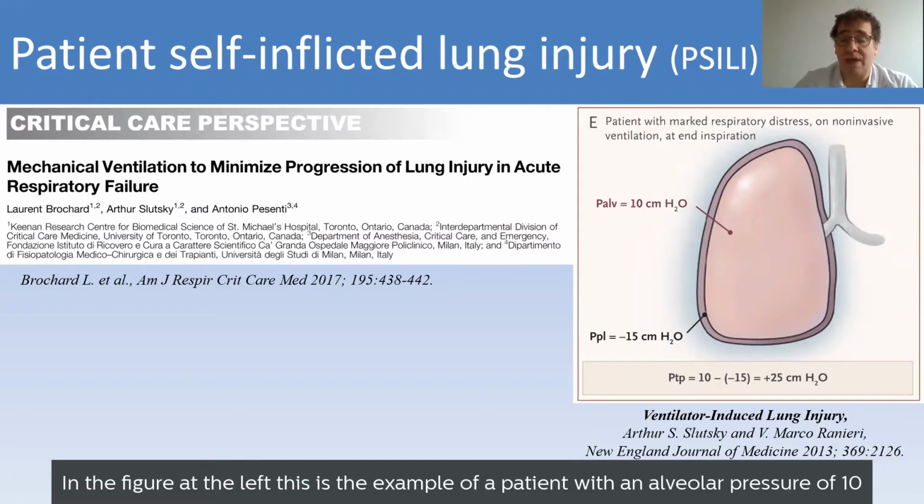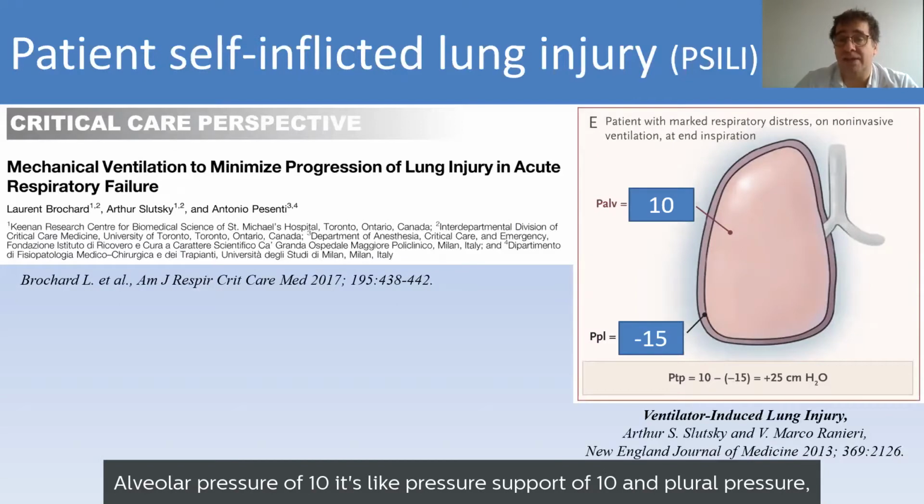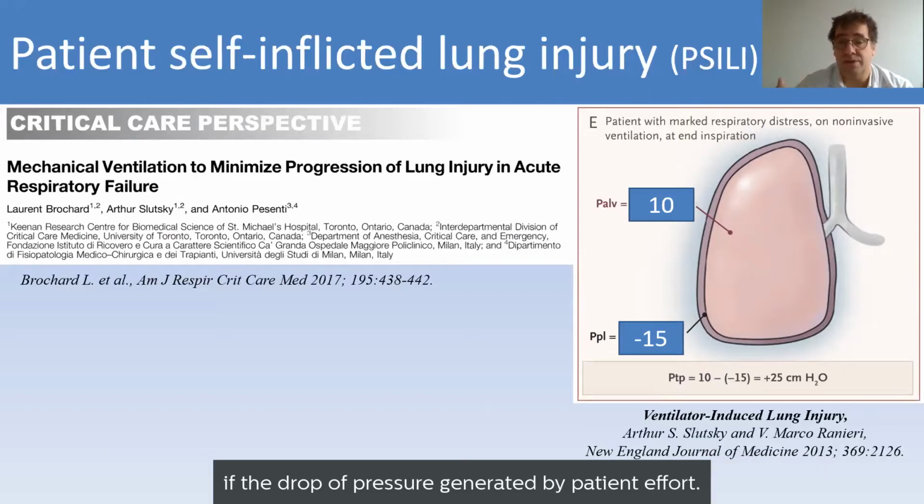In the figure at left, this is the example of a patient with an alveolar pressure of 10 and pleural pressure of minus 15 centimeters of water. Alveolar pressure of 10, it's like pressure support of 10, and pleural pressure is the drop of pressure generated by